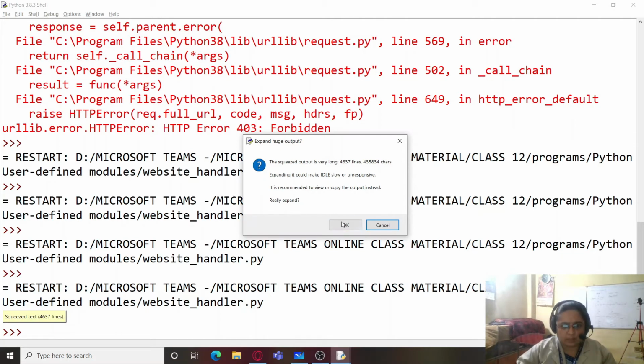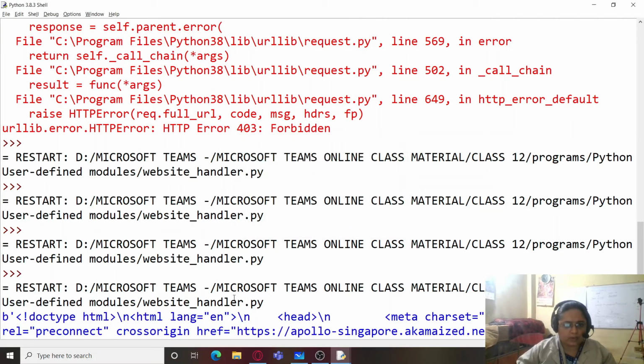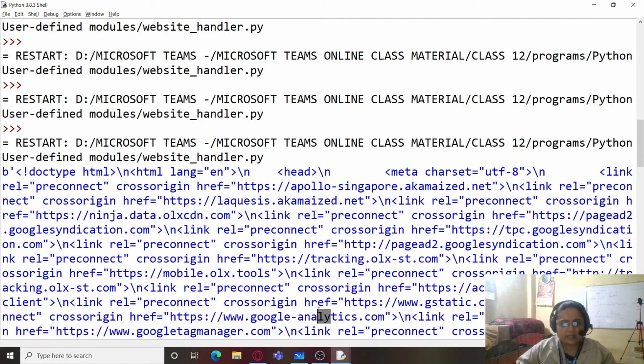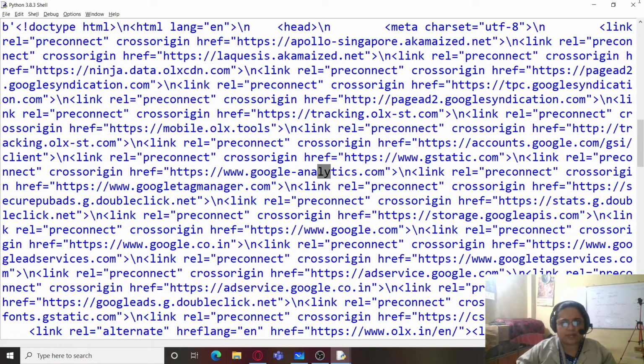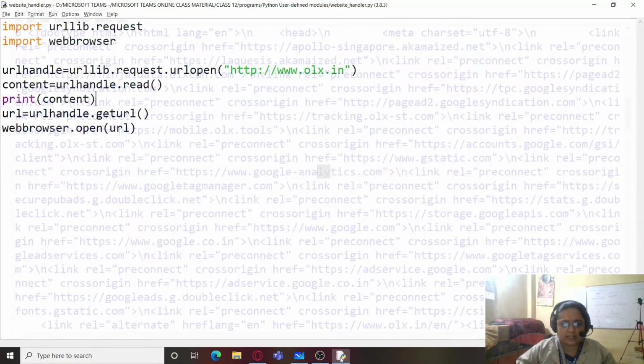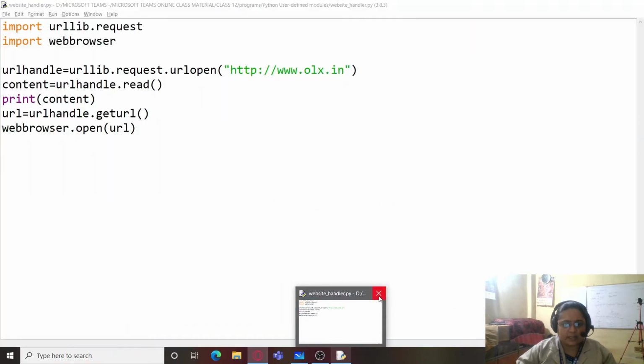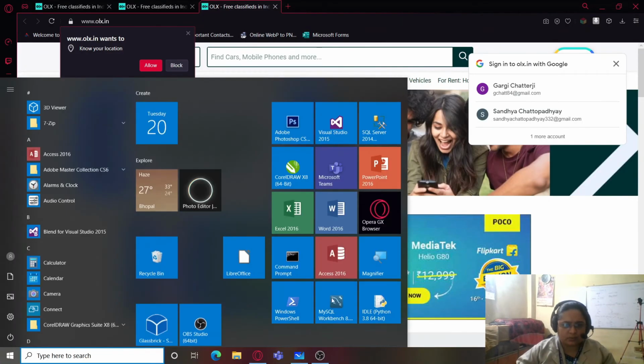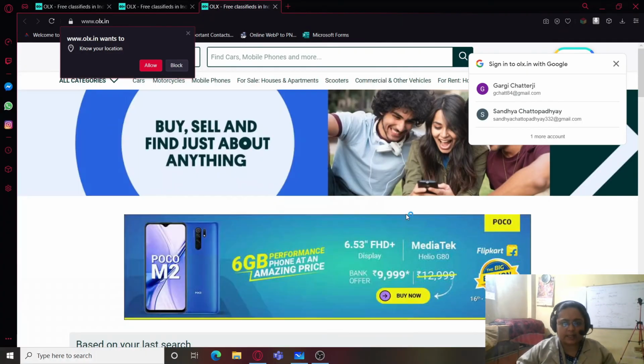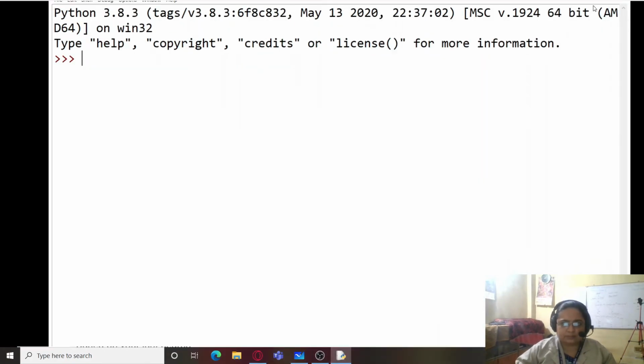If you still want to expand, click on OK, and you can see that it is really a huge file. I'll have to restart my IDLE again, because it is running very slow because of that. So the entire content can be saved in a string variable, and you can use that also.